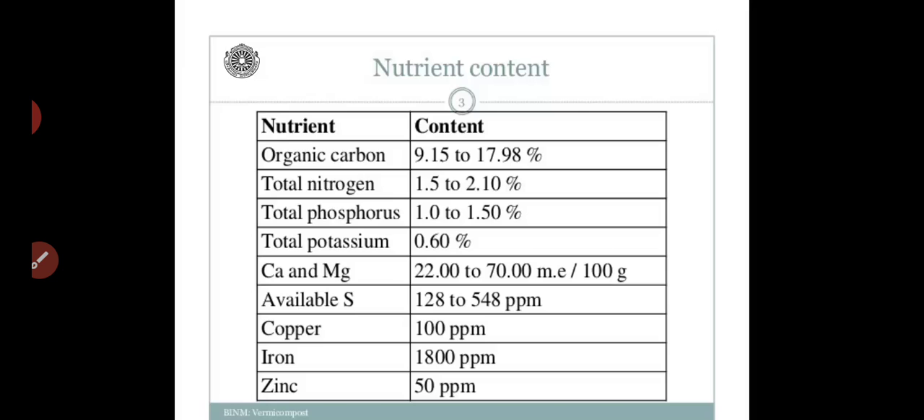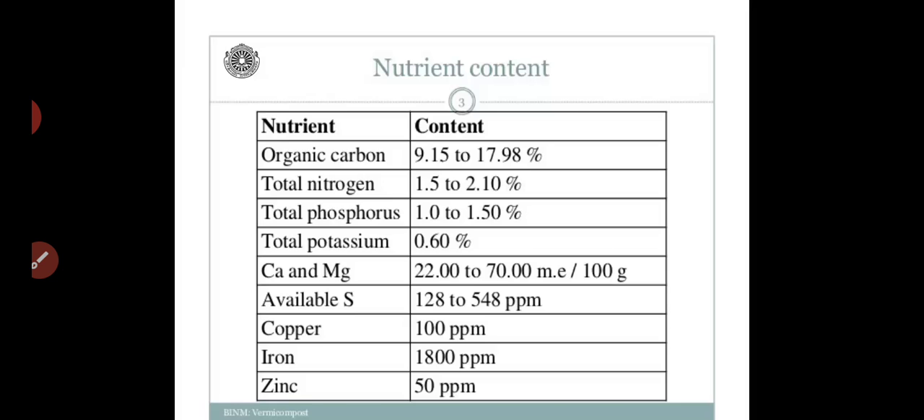So here is a chart which shows you the nutrient content of vermicompost, and as you see here, organic carbon is about 9.15 to 17.98 percent, total nitrogen about 1.5 to 2, total phosphorus about 1.0 to 1.50, and total potassium about 0.60%, and it is calcium and magnesium rich, that is about